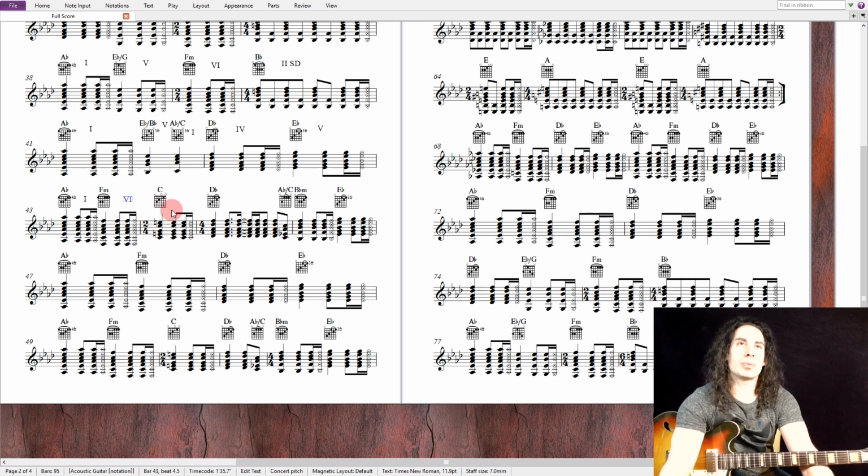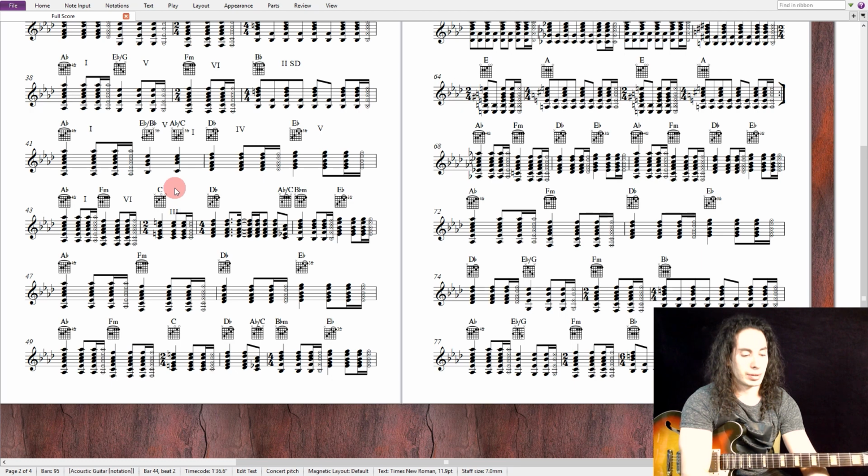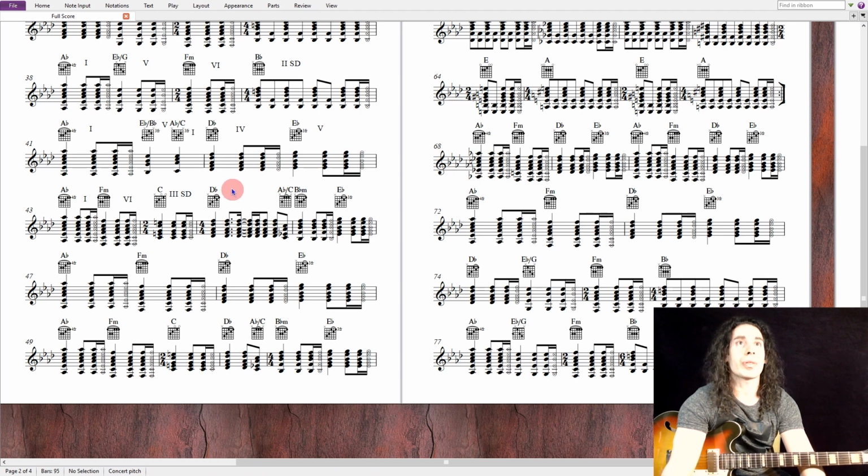What it could be, it's like it's the dominant, a secondary dominant, I'm sorry, and it's not resolving to the 7th chord as it should, so it's doing like a broken cadence and it goes to the 4th. So it's a 3rd secondary dominant, and it goes to the 4th,